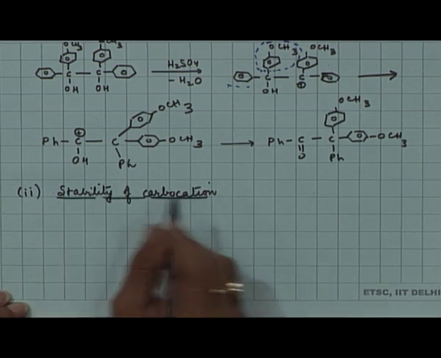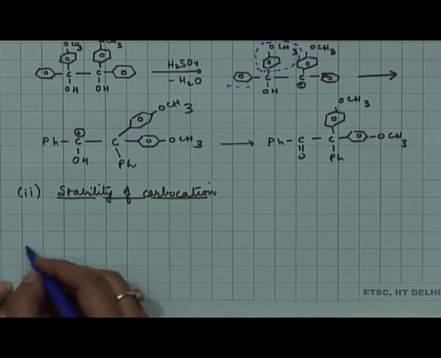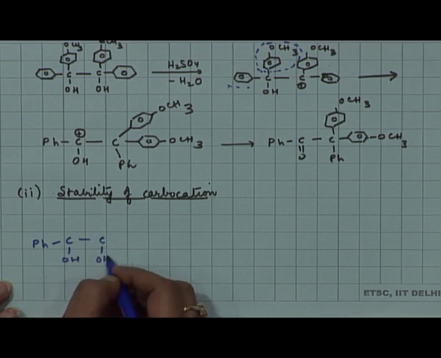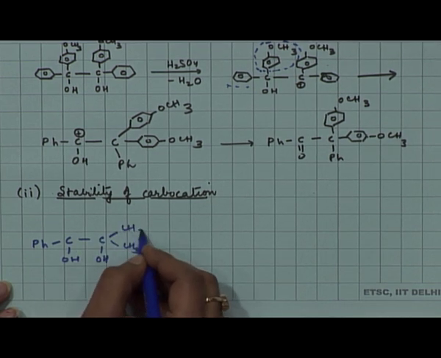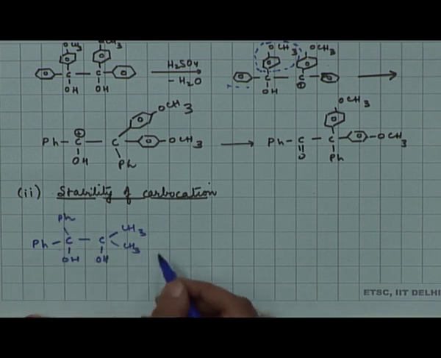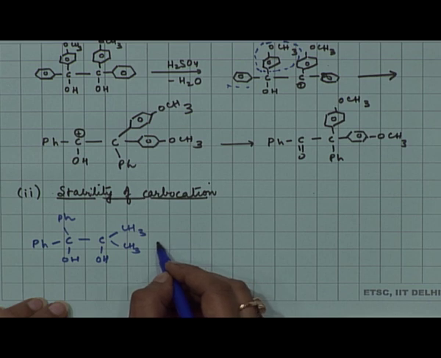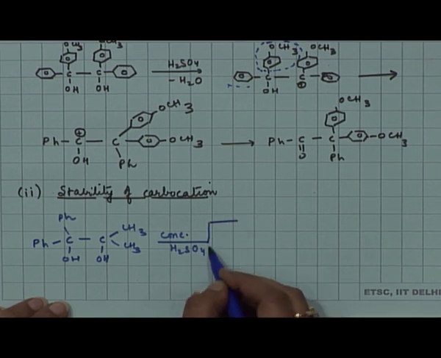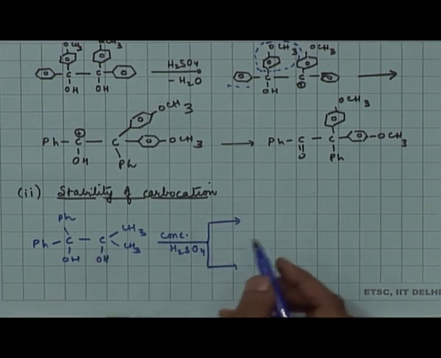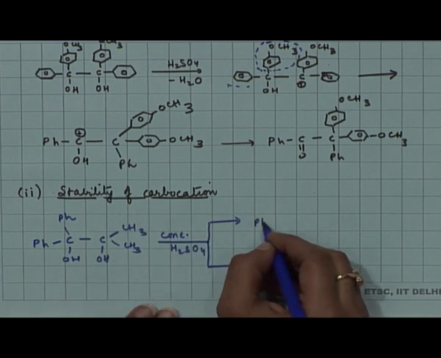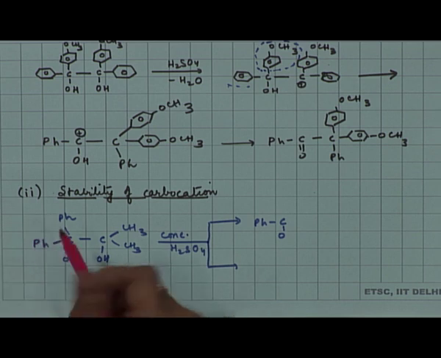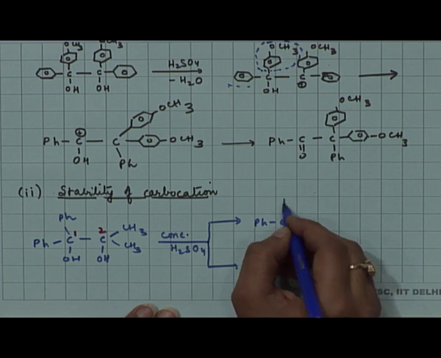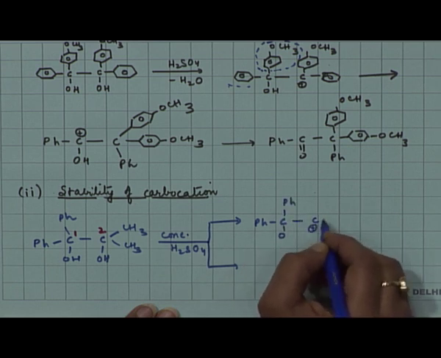So, we are talking about the intermediate carbocation and its stability. So, let us look here. You have this pinacol, okay, and in the first step you treat with H2SO4 and you are generating a carbocation. So, now between these two tertiary carbons there are two possibilities of generating the carbocation. If I number the carbons as 1 and 2, it could either be on carbon 1 or carbon 2. If it happens on carbon 2, this is what you get,